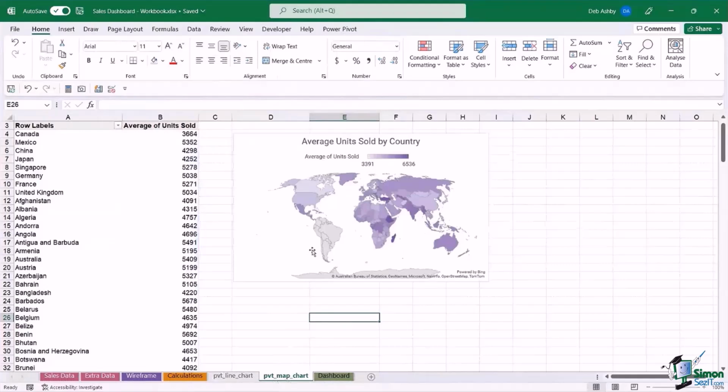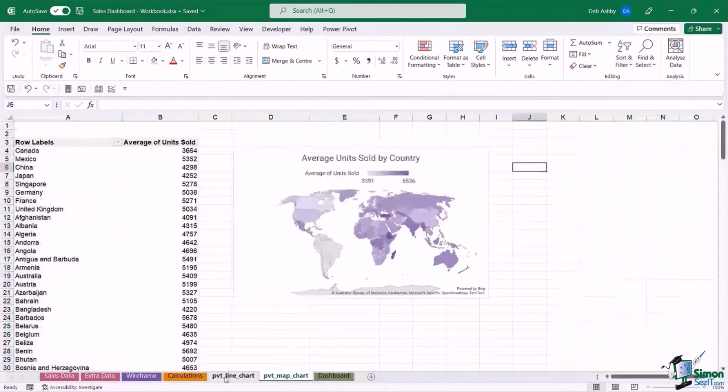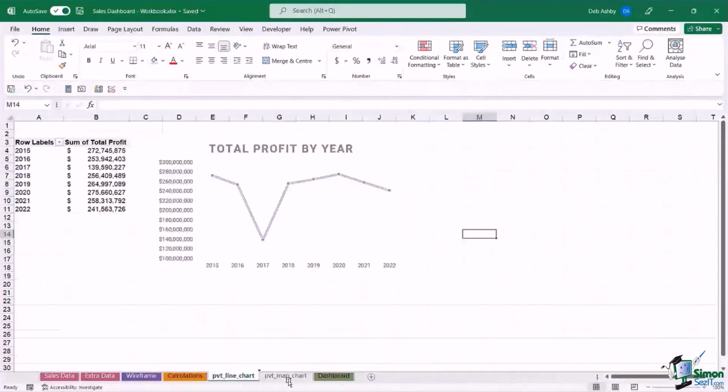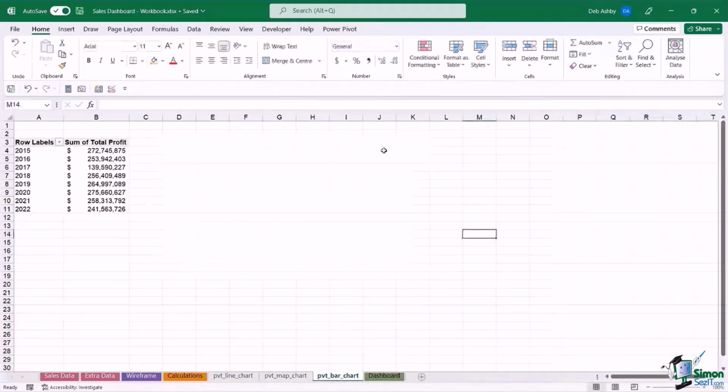Now this map chart, because it's using so much data, can be a little bit slow. So I'm going to copy the line chart again. So let's hold down Control, drag and drop it where we want it to be so that we get our copy. I'm going to right click, rename, and we're going to call this one PVT underscore bar underscore chart. Let's delete out the charts